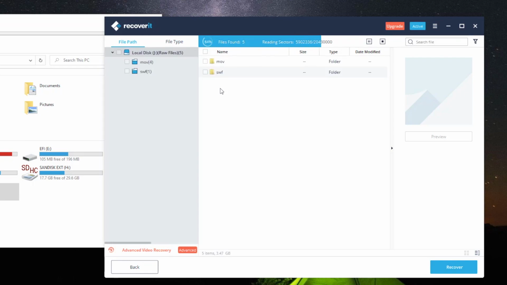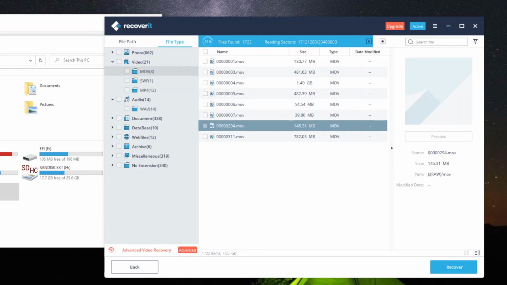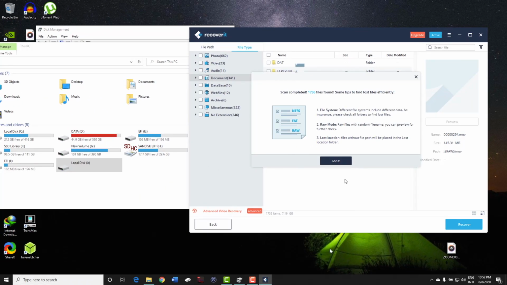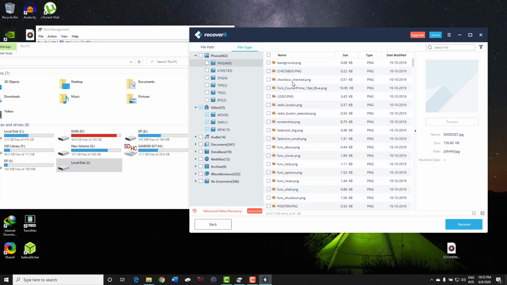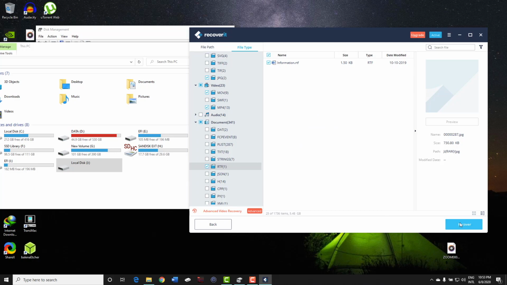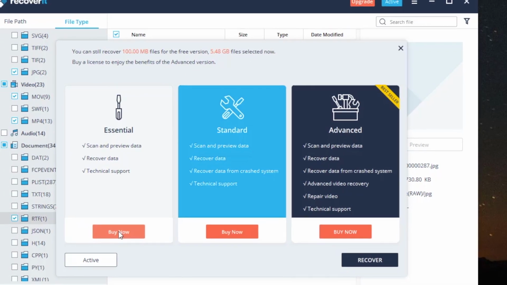Now the software I downloaded was free and it's the demo version that I was running. So when I saw my data, I had to save it somewhere. And to save it, I got to know that there's only 100 MB that you can save for free. So the next thing I did was buy the license key, the activation key, since I found my data. So I activated the software and saved the entire data. That's what I did, and I was able to recover data from my lost partition on the hard drive.